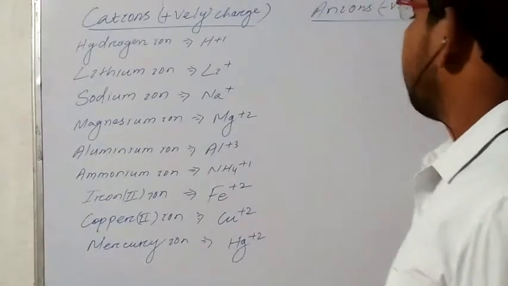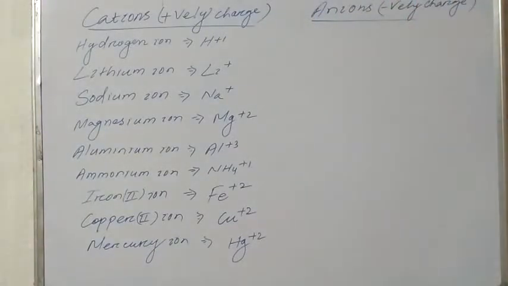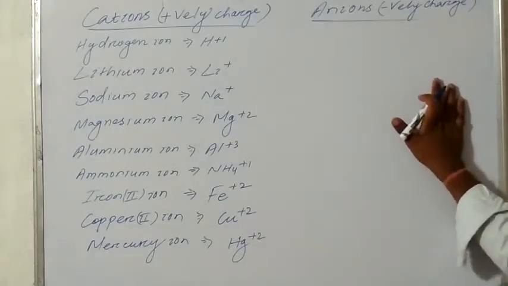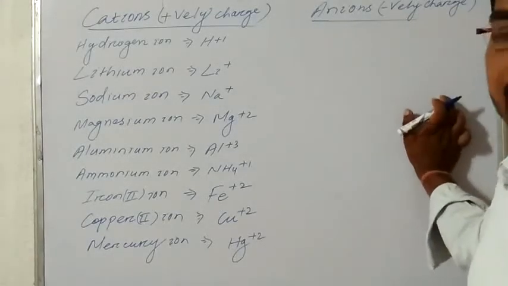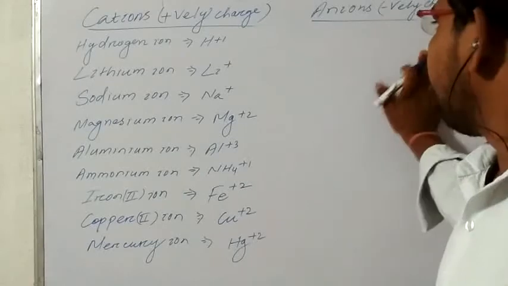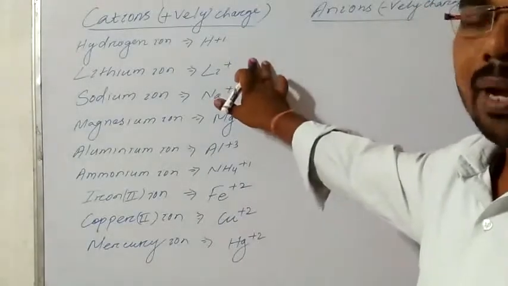Anions or negatively charged ions. Okay. So the anions are formed by the gain of electrons. Okay, one thing you remember, anions are formed by gain of electrons and cations are formed by the loss of